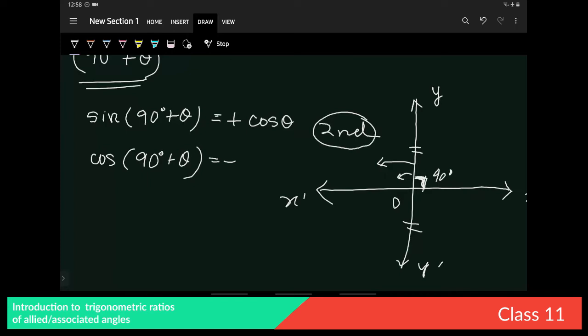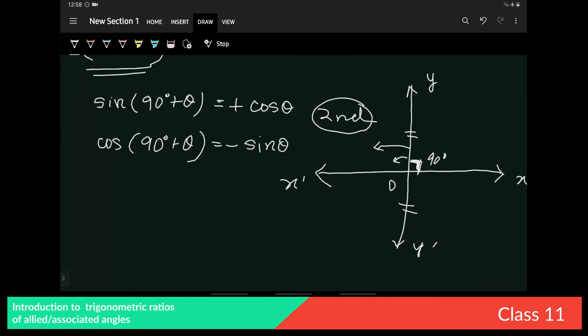So now see, it is 90 plus theta, that is associated with the vertical line. So cos changes to sine according to the working rule. So it is minus sine theta. Okay. So if you do the other calculations, then you will get that tan 90 plus theta is equal to minus cot theta, cot 90 plus theta is minus tan theta, sec 90 plus theta is minus cosec theta, but